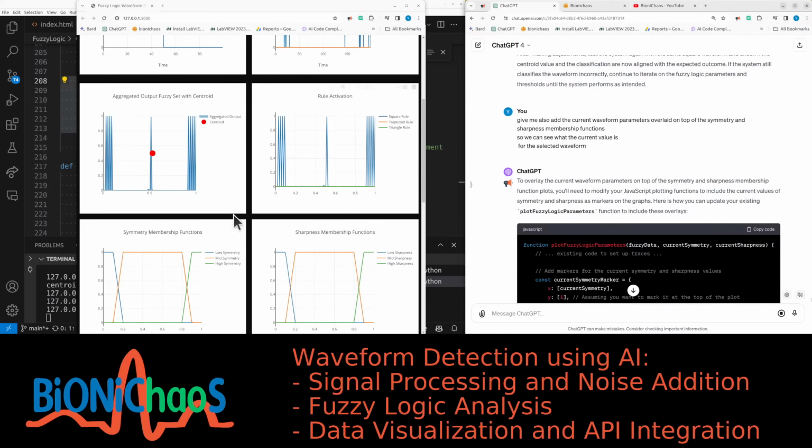To overlay the current waveform parameters on top of the symmetry and sharpness membership function plots, you need to modify